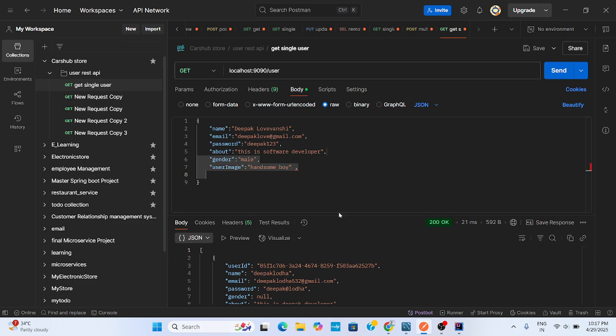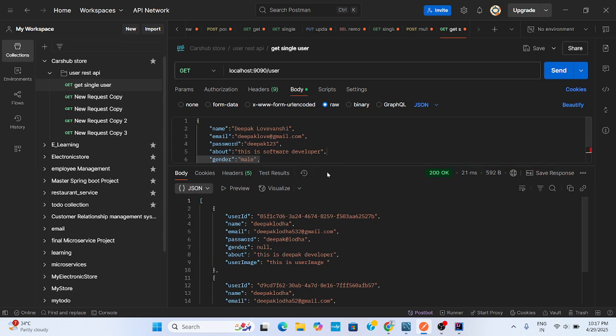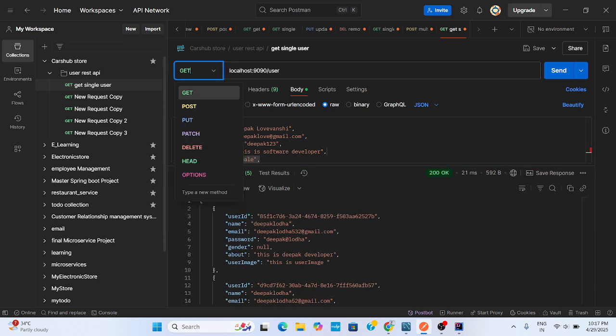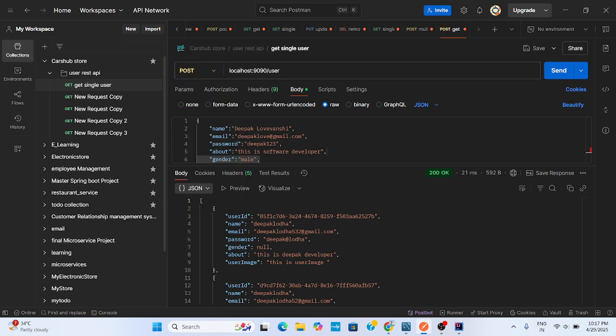So the user is created. To create a user we will use a POST request.